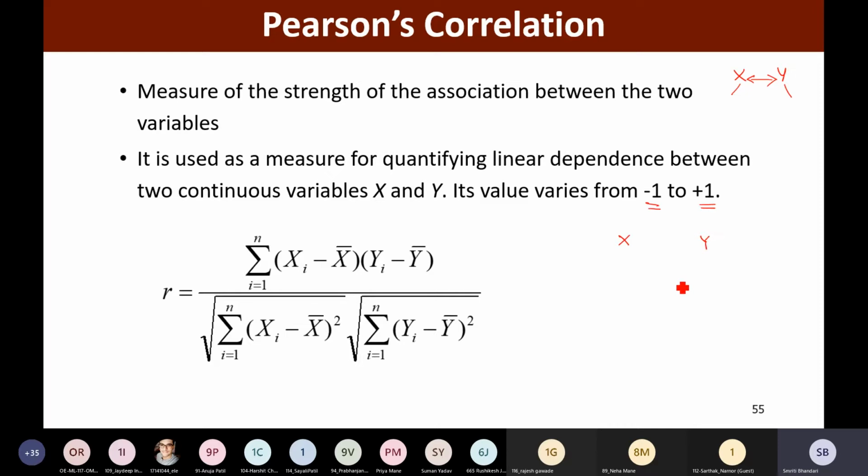Typically x is my independent variable and y is dependent, or it may happen that both are independent. We are computing the correlation between any two variables having continuous values.